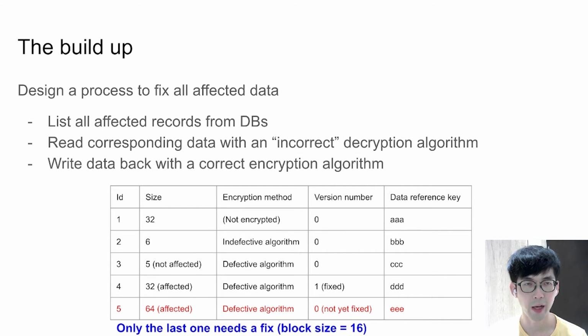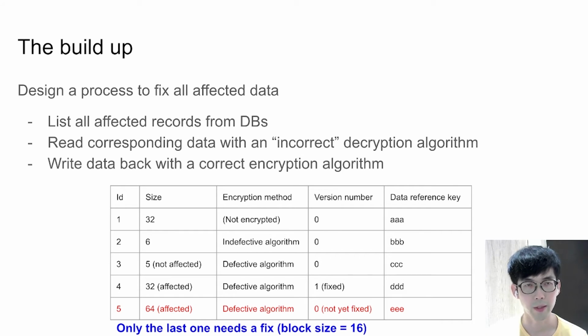Fixing this bug is trivial, but we have to fix the corrupted data in the system as well. This is where a reliability issue differs from others. We not only fix the code, but also the data. Correcting data is also trivial. We just filter corrupted data by the metadata stored in the database. Then we can correct the corresponding data.